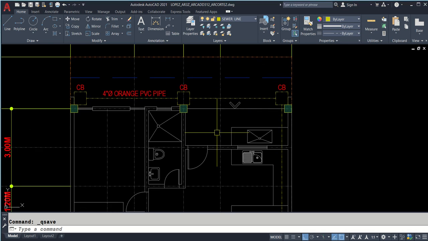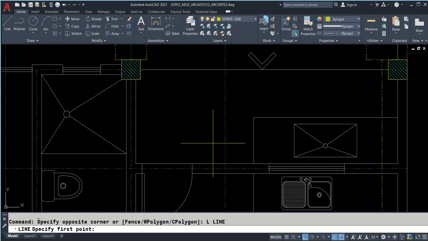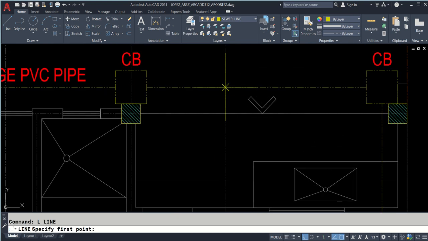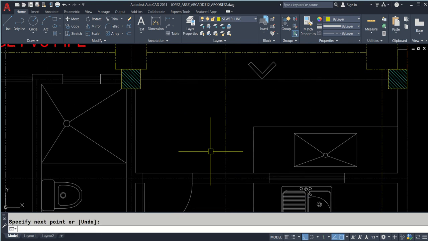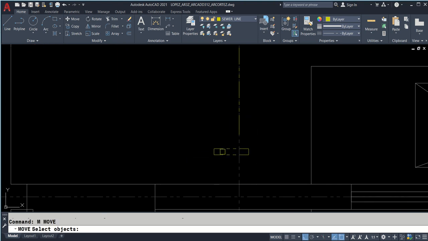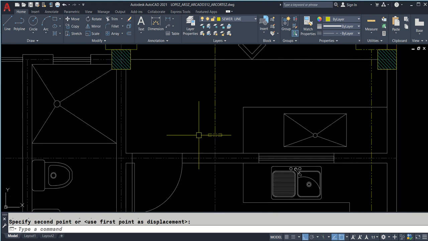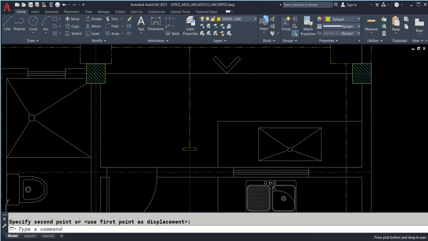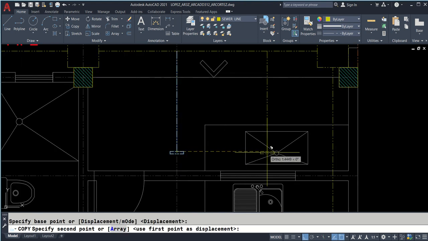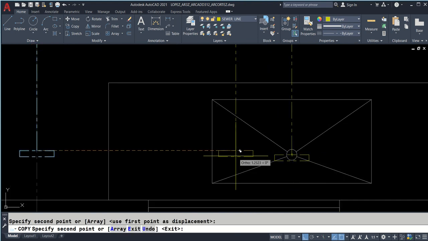See, for example, I'm going to draw a line. So, I'm going to click here, banda dito. Yan. Click. Sorry. L, I'll just snap here, move it a little here, and REC 1 and 2. M, select, enter, click sa midpoint, snap dun sa endpoint. Okay? And I'm going to copy that, CO, select ko to, tsaka yun, enter, snap here, we click dito, and